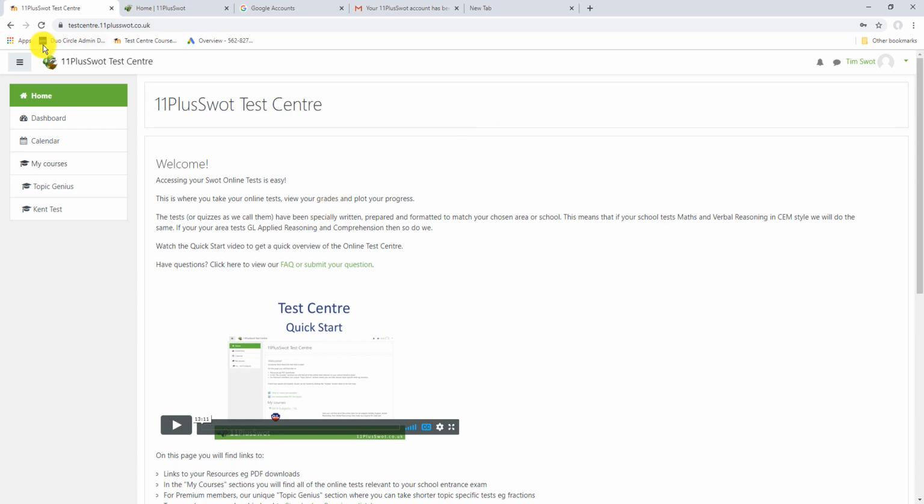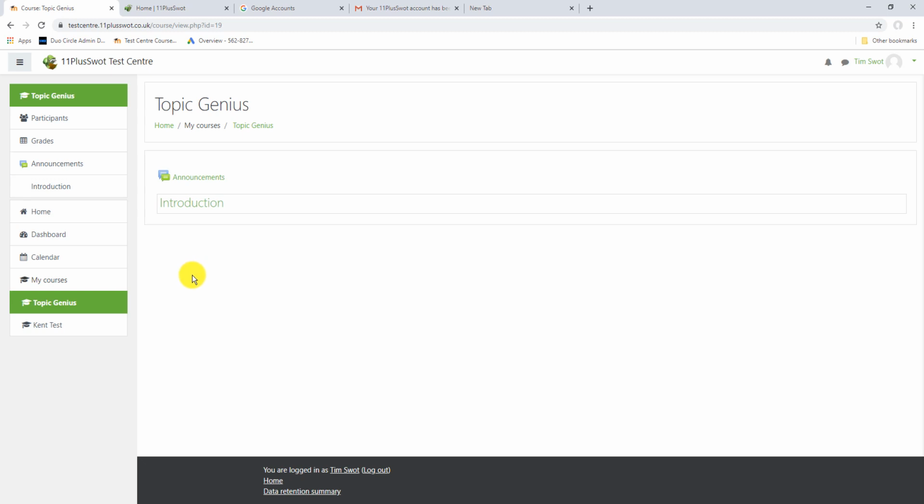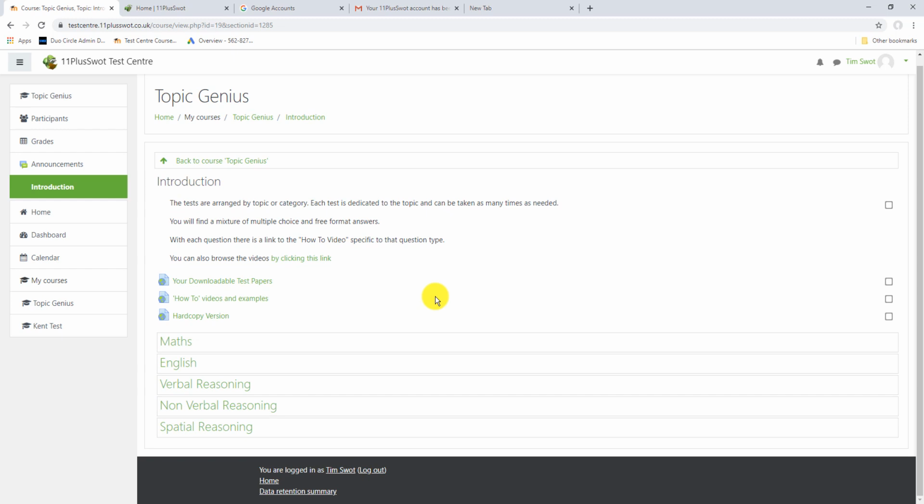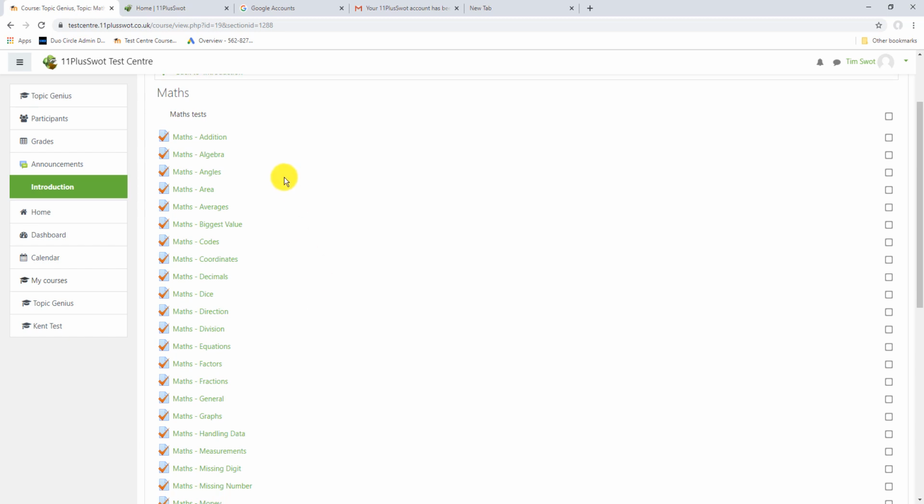Okay, so when I've logged into the test center as the tutor, I get to see the Kent Test papers. Just a reminder, as the demo is set up for the Kent Test, that's what I'll see. If you were in Bucks, you would see the Bucks test. If you're in Essex, you'd see the CSSE test, and so on and so forth. The Topic Genius is shared across all of the areas, and that's there to introduce to you specific focus type tests on specific areas. If we go and look at the maths area, you can see we've got